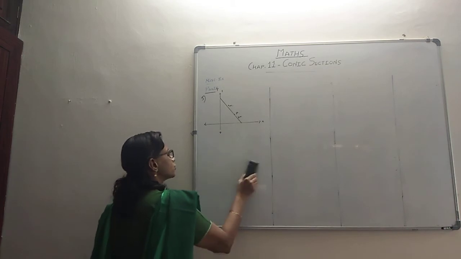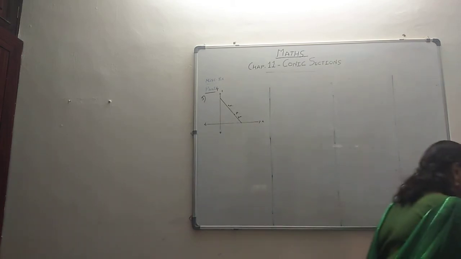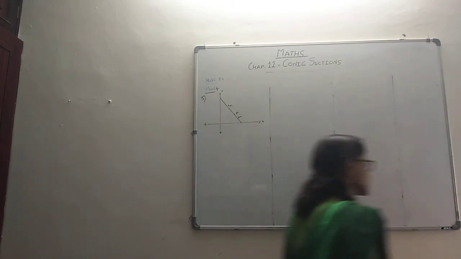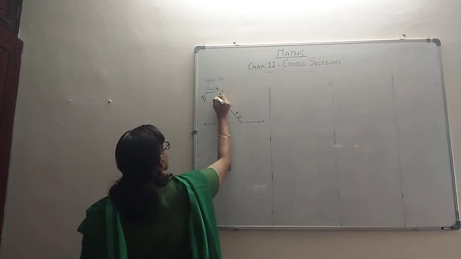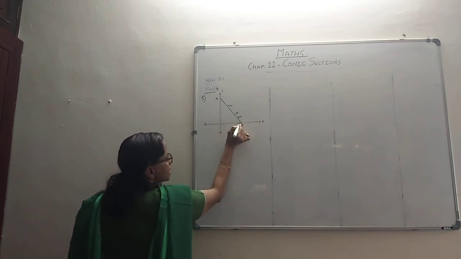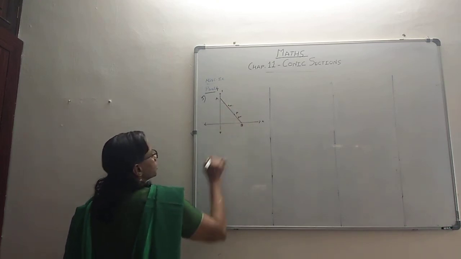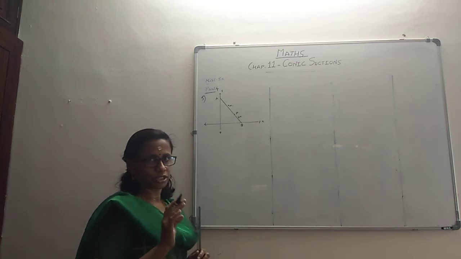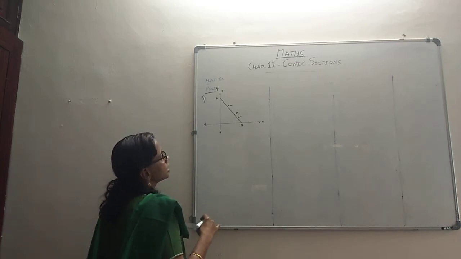You have got to make lots of assumptions and things like that, and that's how you are going to get it. So what we will do is, there is this rod AB, for example. Let's call this rod AB, and this is the point P. Its total length is 12. From one end it is 3, so this should be 9 probably. This is one of the positions, right? It goes to different positions.